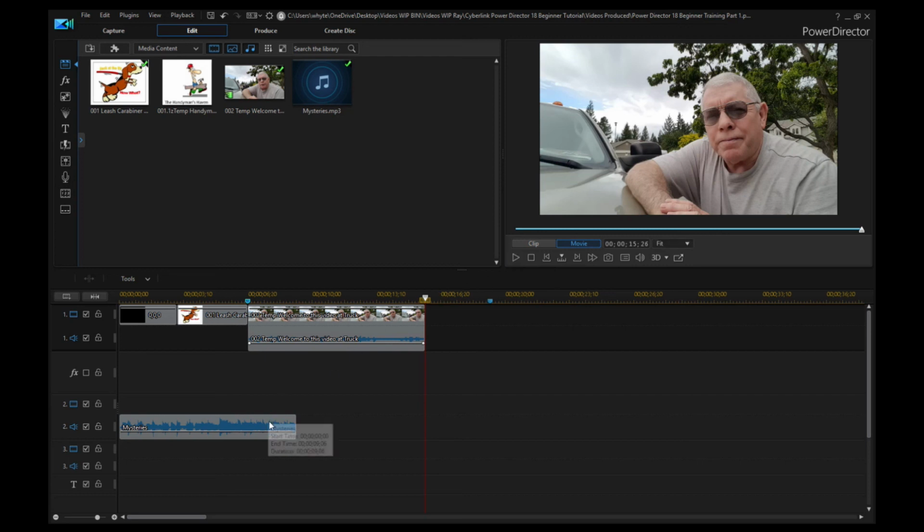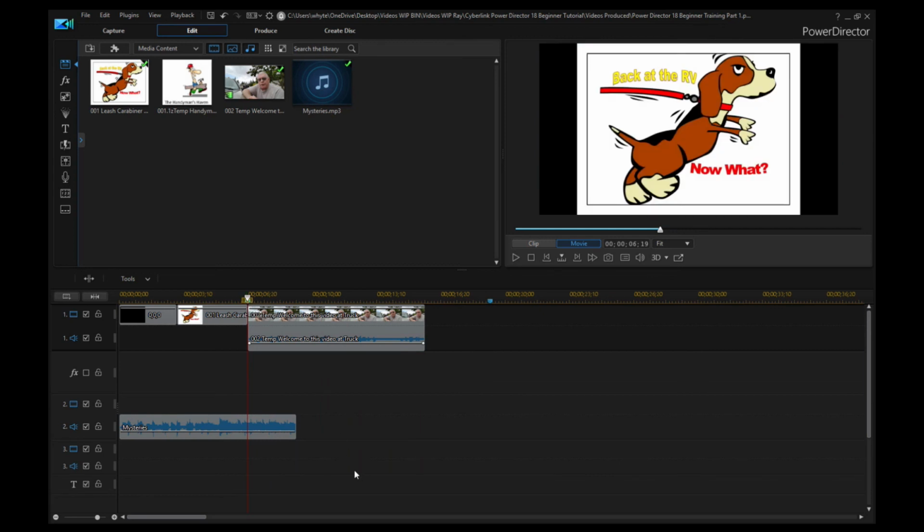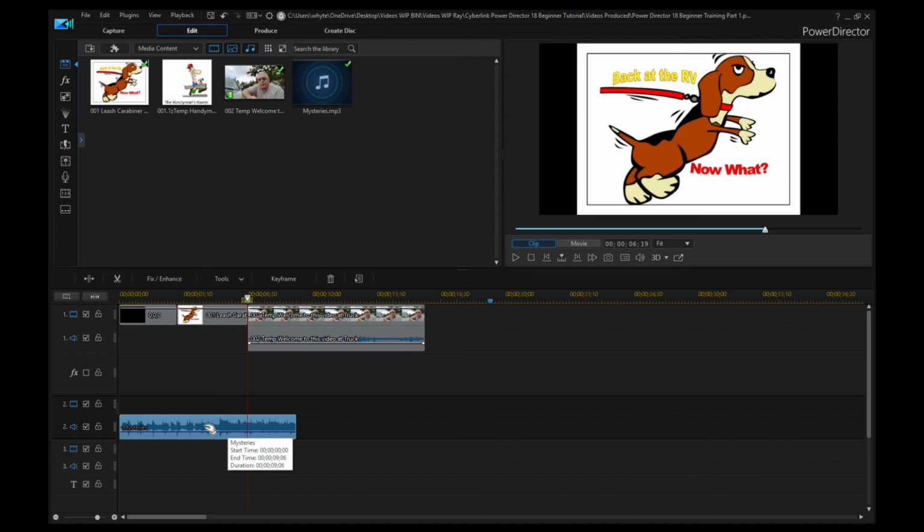Okay, you saw what happened there is that the video played and the audio was way too loud going over it. So what I'm going to show you how to do here is to edit this audio clip right here using what's called keyframes. Now there are transitions for fading in and out in your